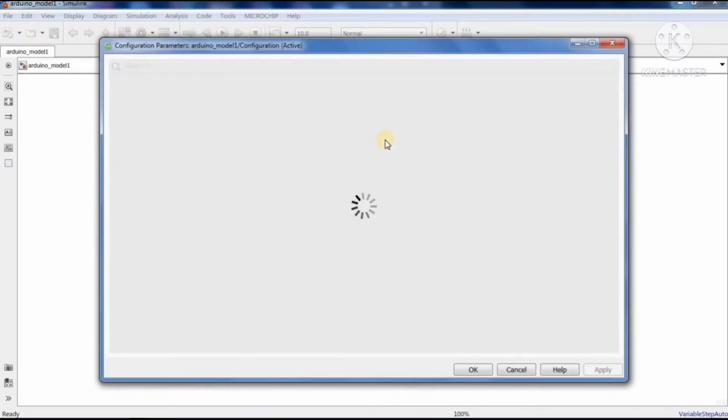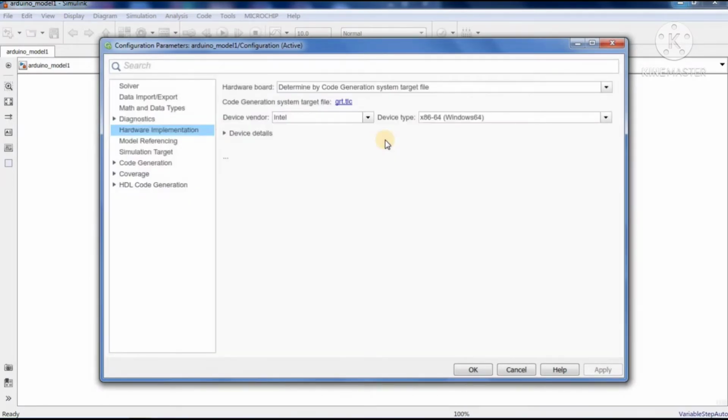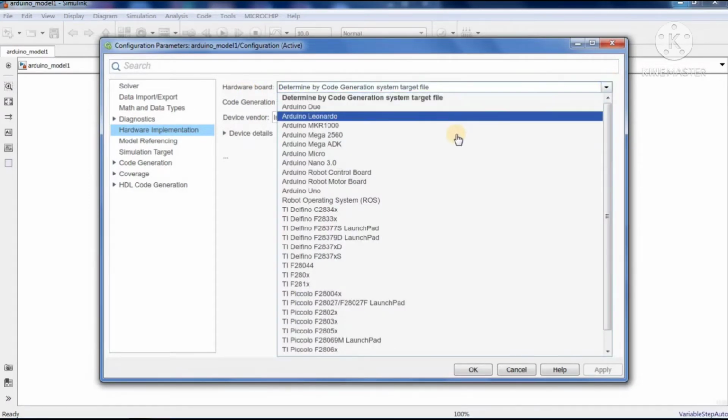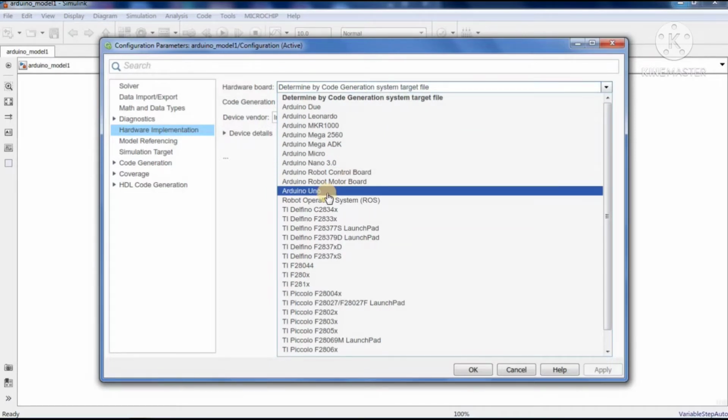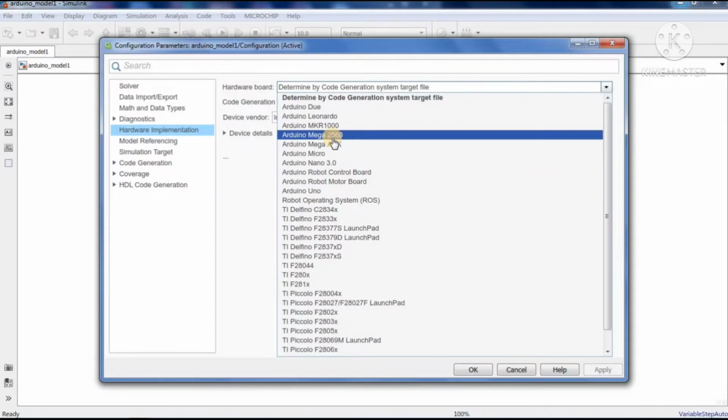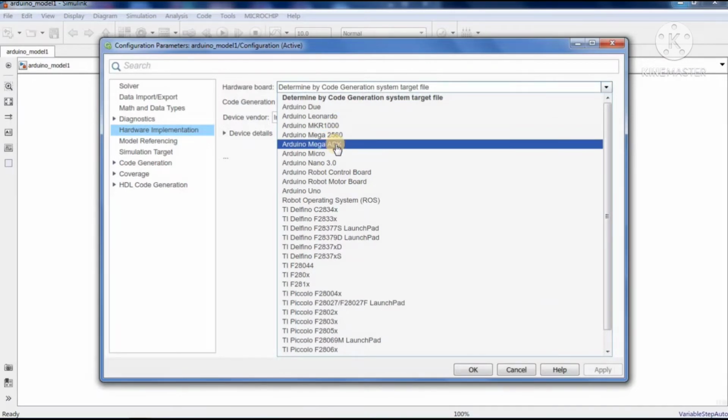Once you select this, the Configuration Parameters window will open. In that window, we have to set the hardware board. Just click on this and select your board. My board is Arduino Uno. If you have a different board, like Arduino Mega or Mega ADK, then you have to select as per your board.